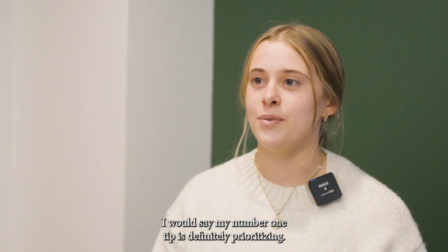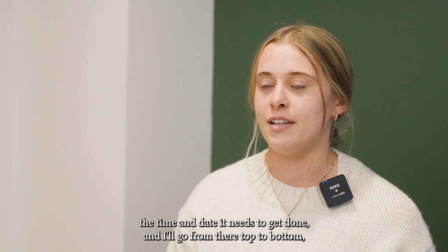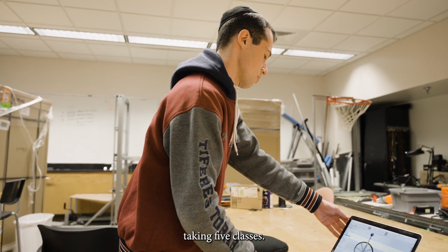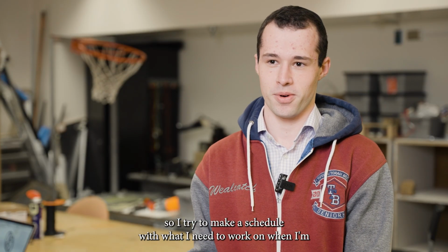I would say my number one tip is definitely prioritizing. I'm a big fan of to-do lists myself, so I'll make a list of everything I need to do, the time and date it needs to get done, and I'll go from there top to bottom. Taking 5 classes, it's very important to have time management, so I try to make a schedule with what I need to work on when,